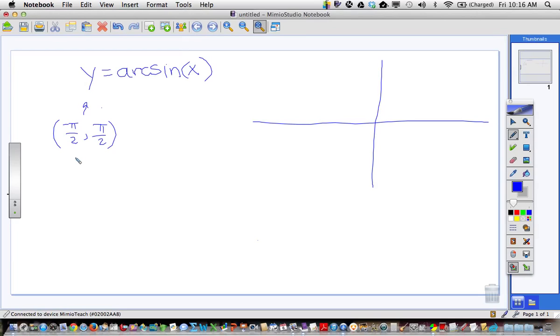All right? So on the sine function, if I graph the sine function over here, we're restricting the inputs of sine from negative pi halves to pi halves, and the outputs are negative 1 to 1. So that means the inputs here are from negative 1 to 1, right? These inputs would be negative 1 to 1, and the outputs we're restricting negative pi halves to pi halves. All right? So therefore, if you have this problem, arcsine